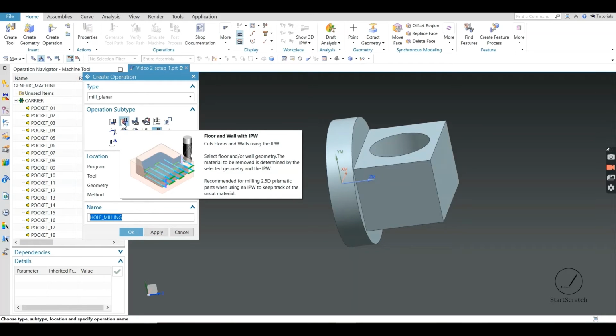So floor and wall with IPW has an advantage that it helps us to determine the processes which had happened earlier on the part as well, and it also detects if any programming done by us is not correct somehow, and our final stock would be the same as the initial blank or billet.